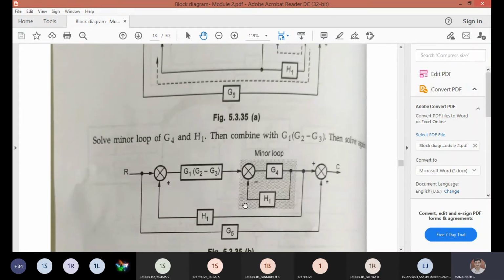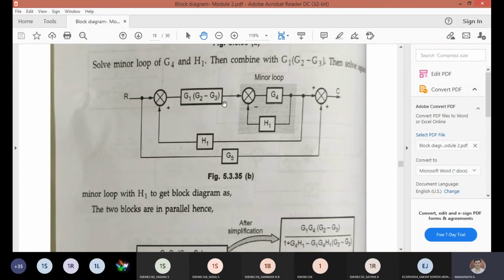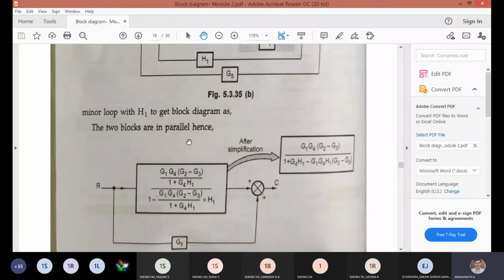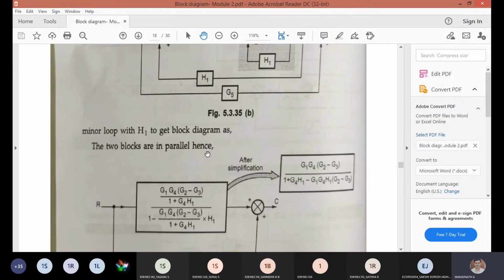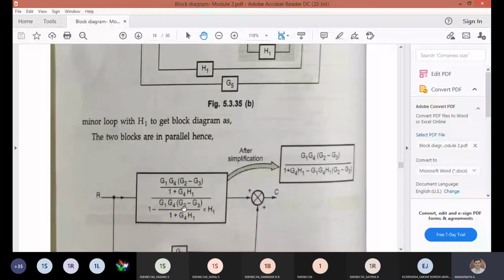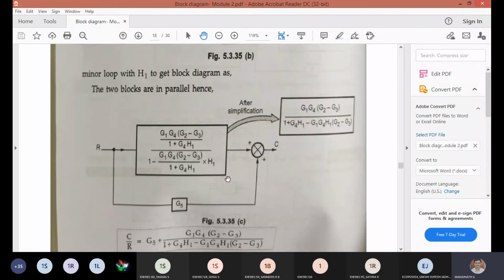So this is the step I told. You should show it. So don't skip the steps. Only by writing the diagram will you get marks. If you write only the answer, you won't get full marks. Okay, so then elimination of the minor loop. Then that will be in cascade with this. Then this is the elimination path here. So here this is the next step. After getting these two in cascade, that is going to be eliminated with H1. So this is the answer you're going to get. I told you they can do the simplification sideways. Then for this answer, you need to make G5 cascade. So this is the final answer.